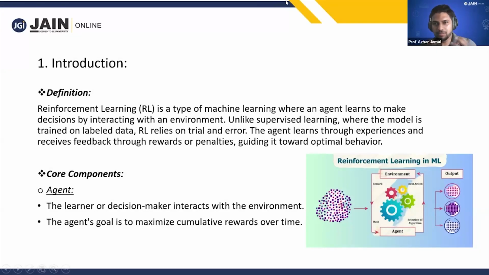The reinforcement learning concept comes from that. It relies on trial and error. Let's say you're telling an agent to perform a particular task. The agent can be a physical robot, or a virtual robot is also fine. A virtual agent or a physical robot. You're telling the agent to perform a particular task.